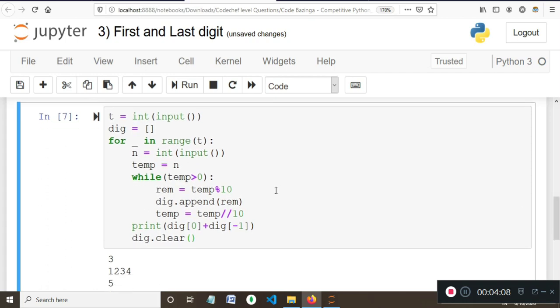Now let's dive into the explanation part. So I'll use the sample input 1234. Initially the temp variable is assigned a value of 1234. Now every time temp is greater than 0, so initially temp is greater than 0 obviously, the value of remainder becomes 1234 mod 10, which equals 4.